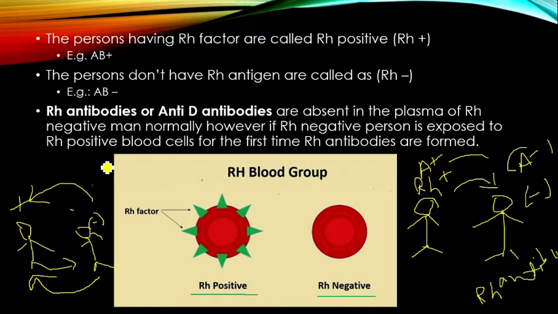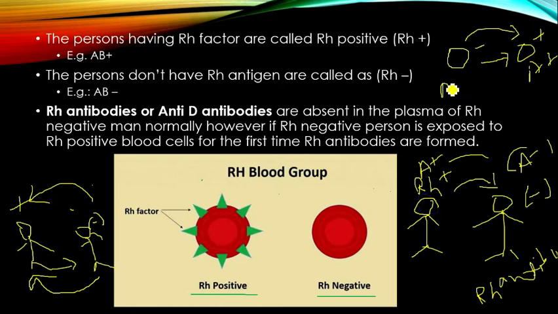we can define the universal donor and universal receiver based on this. Here the universal donor is O negative. Why? Because O negative people can give blood to positive groups also: O positive, A positive, AB positive, A negative, anyone. Because if negative blood is transferred to the positive, there is no formation of antibodies in positive blood groups.